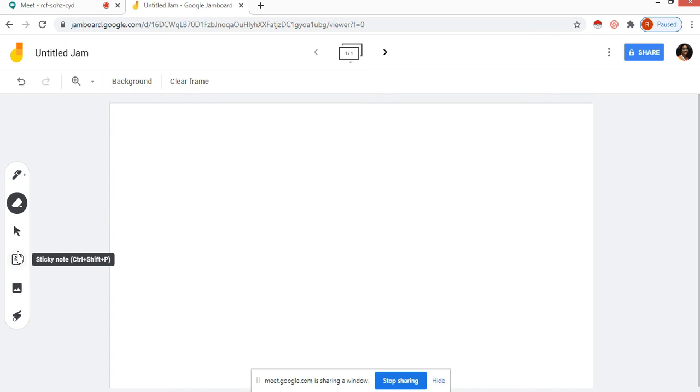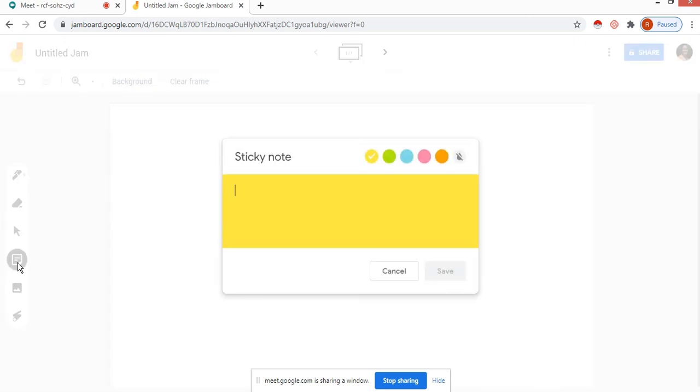Now next I am going to tell what is a sticky note. Click on the sticky note. This can be used when a particular problem or a particular work is being given to a particular set of students or to an individual student. For that, you can just tell them. Suppose I am giving here group 1, that is for writing a set of questions.